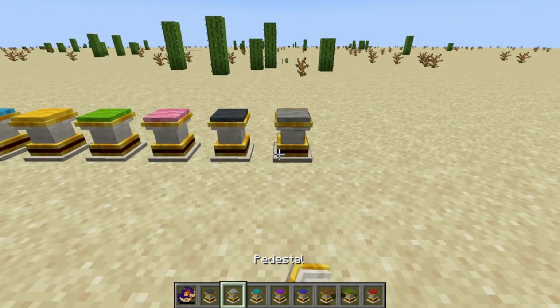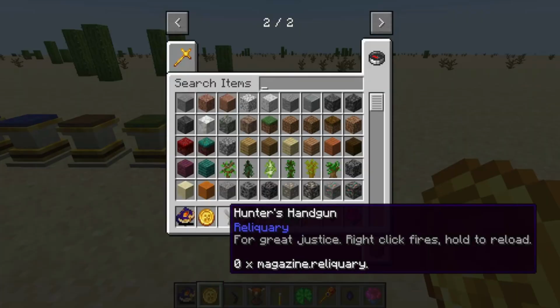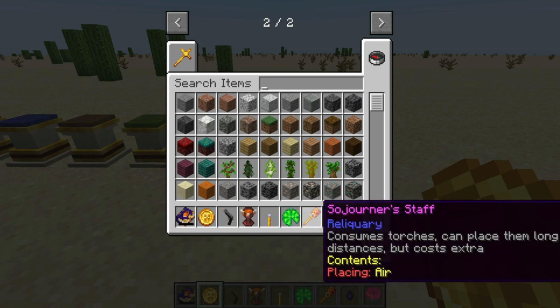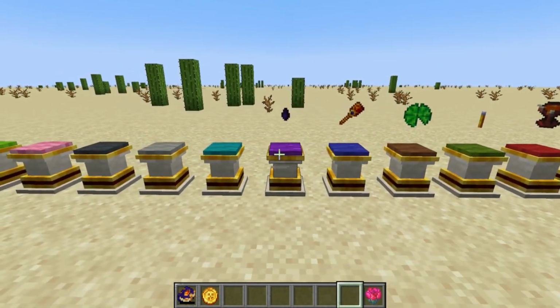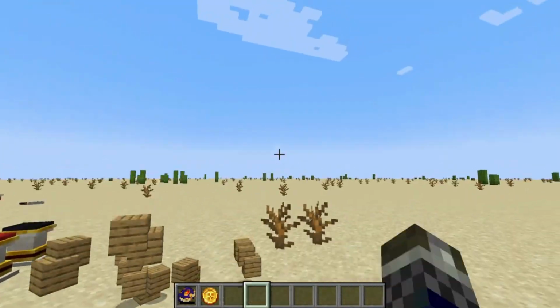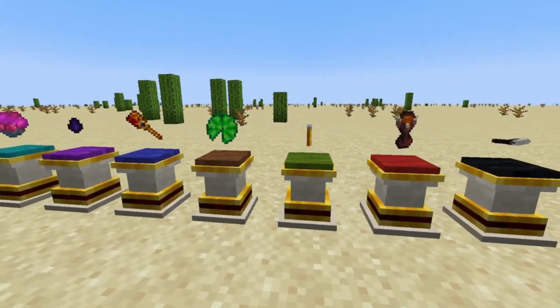Reliquary. This mod brings a collection of magical themed items and blocks that are challenging to obtain and acquire, but make your life a lot easier due to different reasons. Some example items are the Coin of Fortune that will teleport items and experience to the player just like a magnet, the Hunter's Handgun that can be loaded with various shots like ones that seek targets or explode creepers, the Infernal Chalice that is a portable lava storage piece, Interdiction Torch that pushes mobs away within its radius,